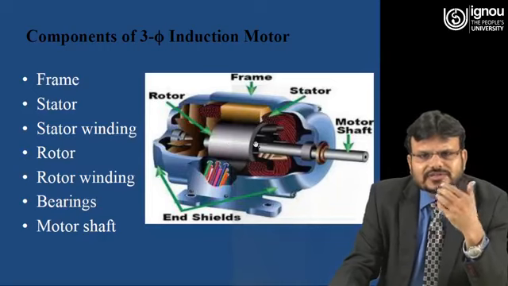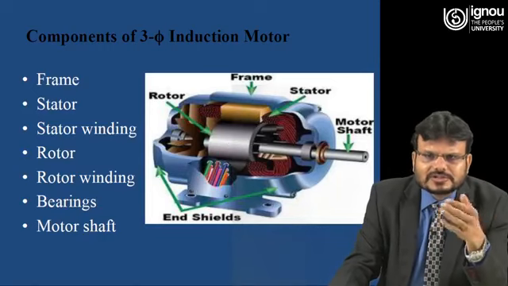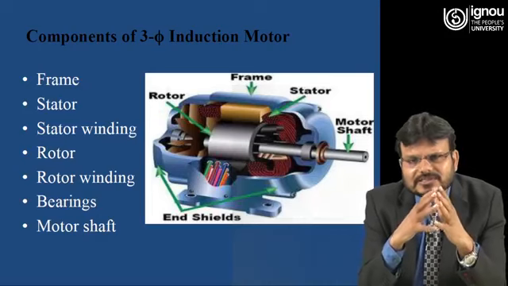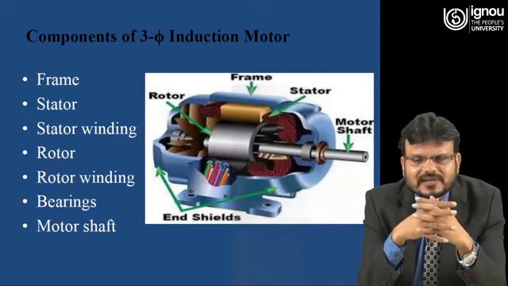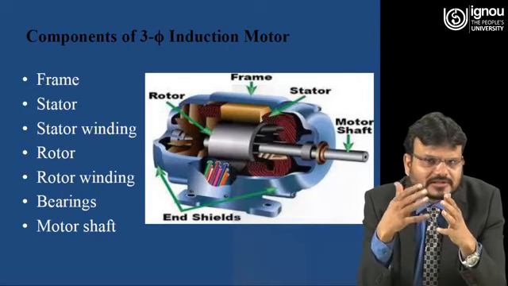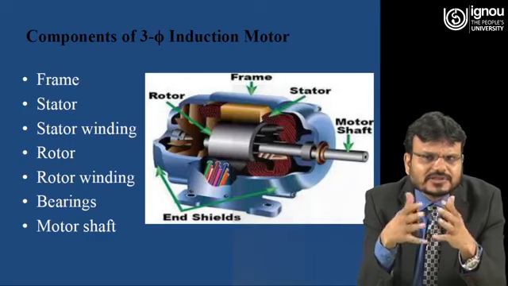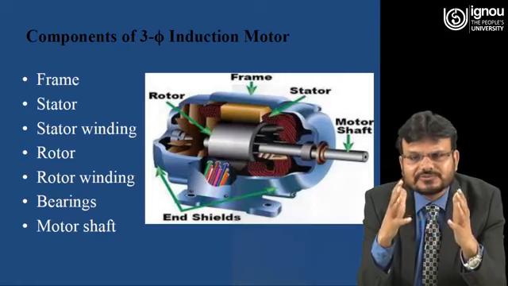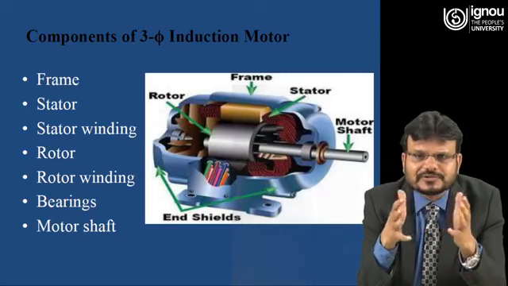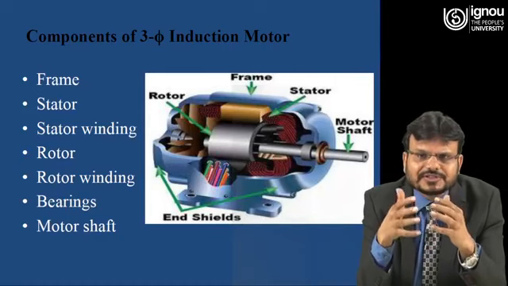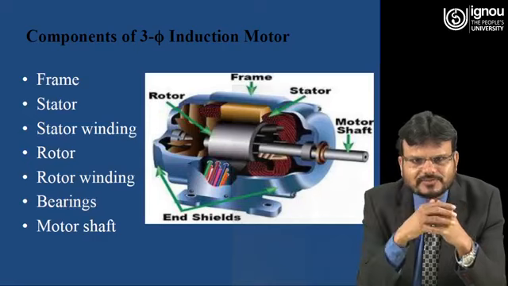The stator will have a stator winding, of course, to develop the magnetic field, because here you are giving the three phase AC supply, and the nature of this three phase supply is rotating. The speed of this field, ns, the synchronous speed, is equal to 120 f by p, where f is the frequency of the supply, generally in India 50 Hertz, and p is the number of poles used for manufacturing this type of motor.